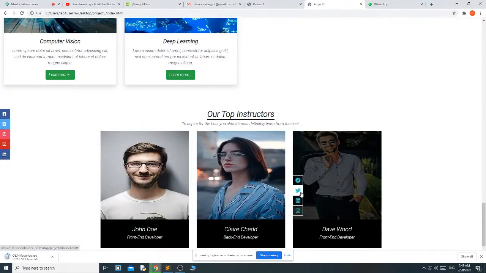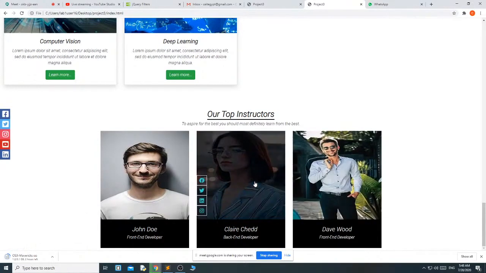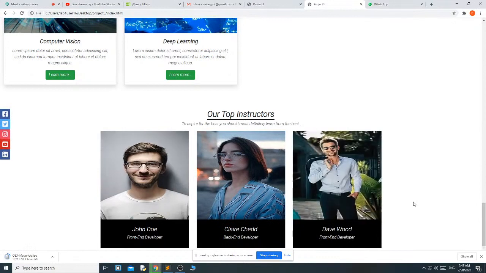Here you can see that I have not used any component like the card component or carousel component. I have only used the grid system to design this. If you want to use the card component, then you can use it. In the previous project we used the card component, and in this project also we have used the card component. That's why I have shown you a basic way to design like a card component but not using the card component. Okay, this is over.